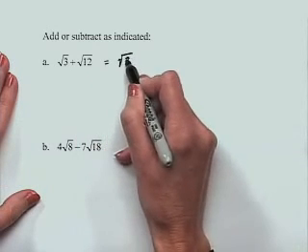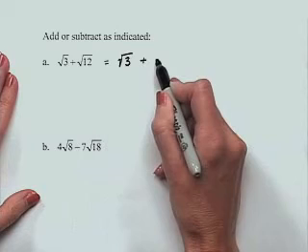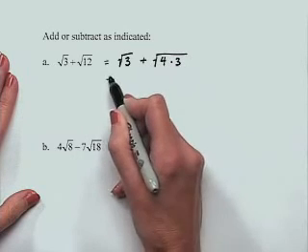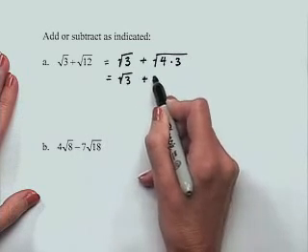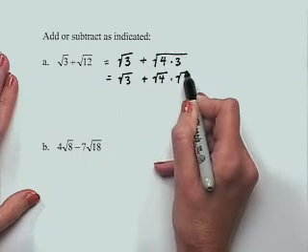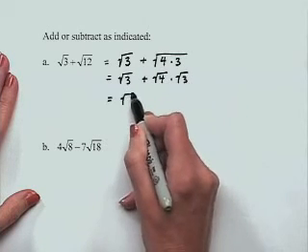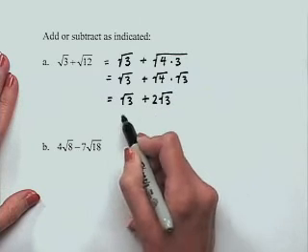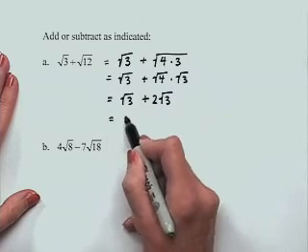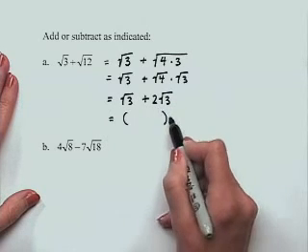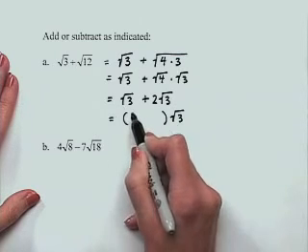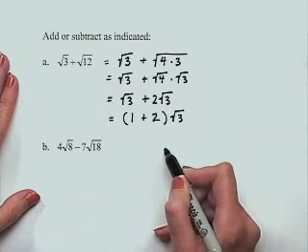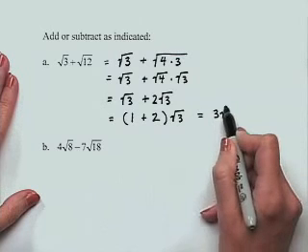We're going to rewrite square root of 3. We're going to take the 12 and factor it into 4 times 3. We can then rewrite this as square root of 4 times square root of 3. That gives us square root of 3 plus 2 times square root of 3. We're now going to be able to factor out the square root of 3 from both terms. Remember, we'll be left with a 1 in our first term. We'll have plus 2 from our second term,